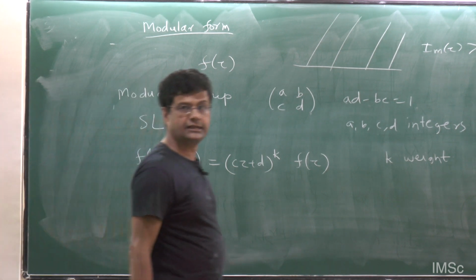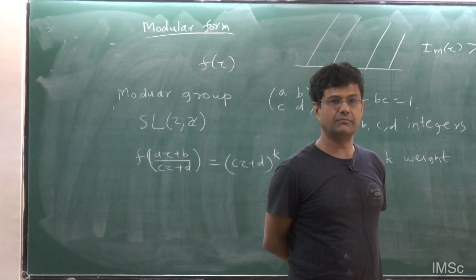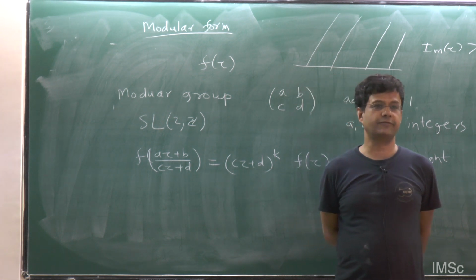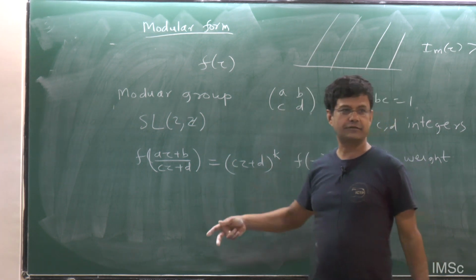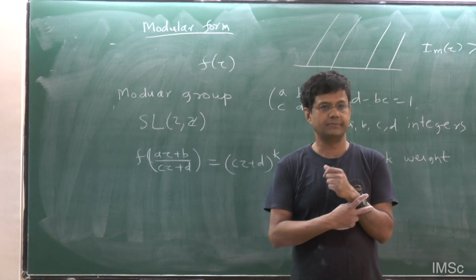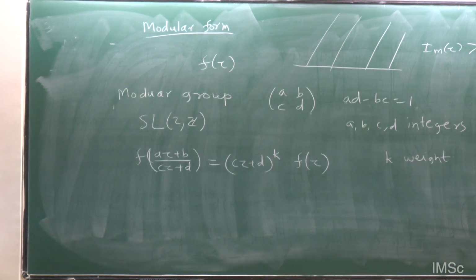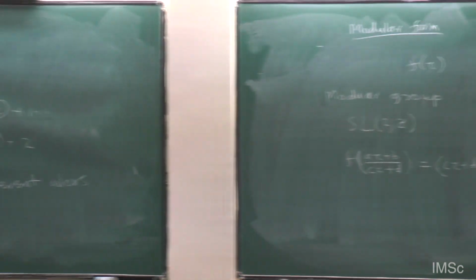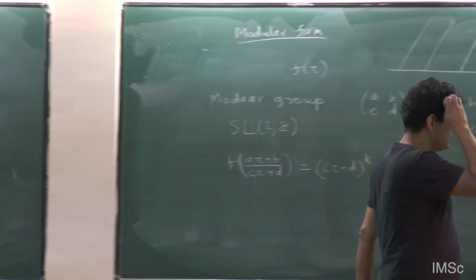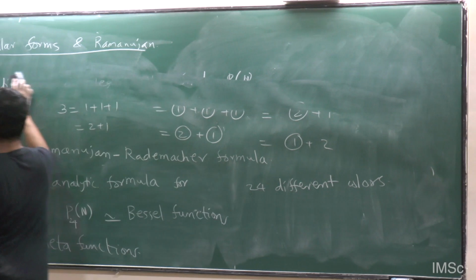So it looks pretty abstract, but this has turned out to be of very fundamental importance in a lot of modern mathematics. If you look at the proof of Fermat's last theorem, it all depends on modular forms. The Langlands program, and many other very important developments in modern mathematics, really depend on modular forms. So it's a very important branch of mathematics. And what does it have to do with our problem, a priori? So let's look at the problem of partitions of an integer.